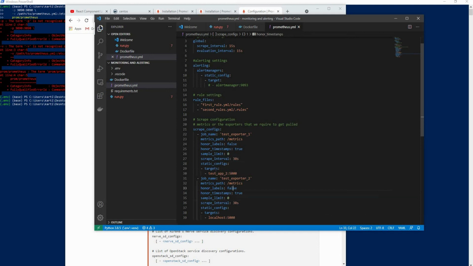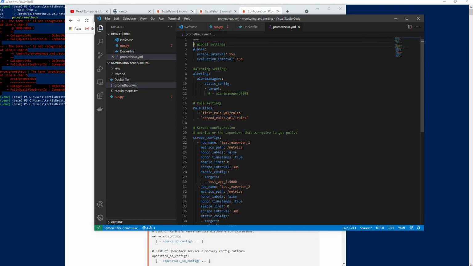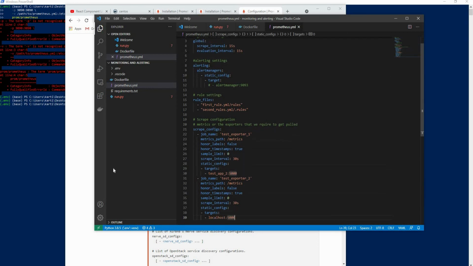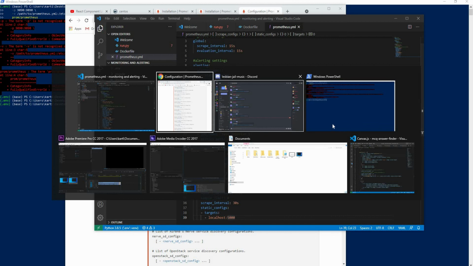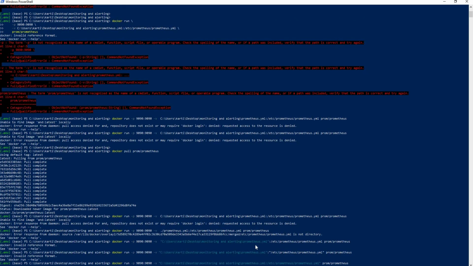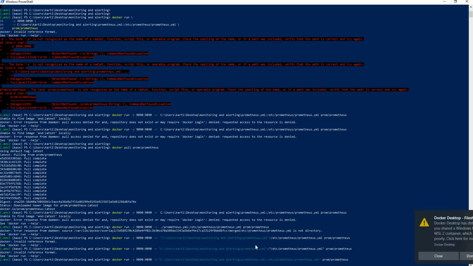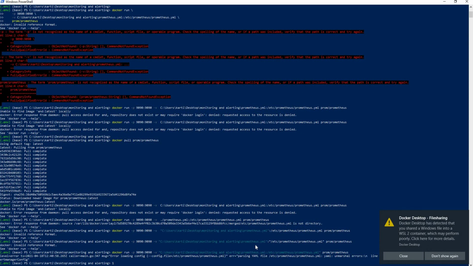So great. Now we have our prometheus.yml settings file ready. Let's get the path of this. Great. Docker has detected that you shared a Windows file into a WSL2 container, which may perform poorly.